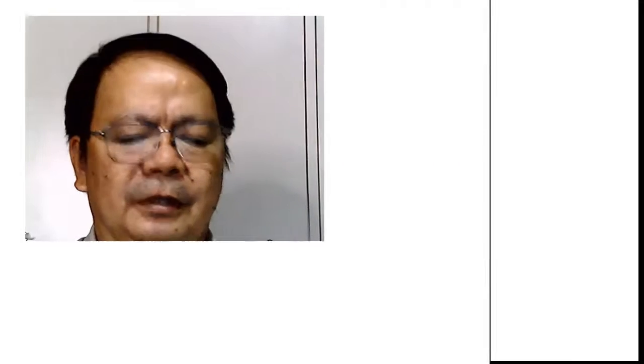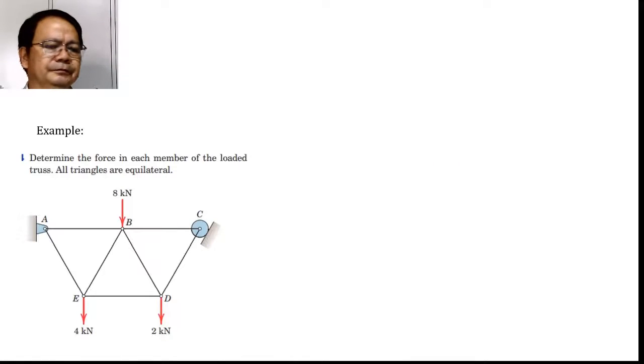Ngayon ay magbibigay tayo ng isang sample problem about the analysis of structure. And in particular, the method that we are going to use is the method of joints. Guys, ito yung problem. Determine the force in each member of the loaded truss as shown. All triangles are equilateral. Sa ganitong klase ng problem guys ay kinakailangan muna nating ma-analyze kung paano natin sosolve itong